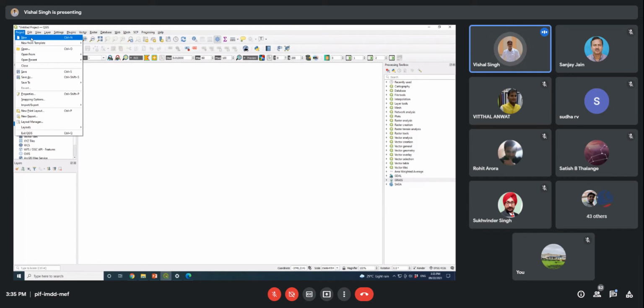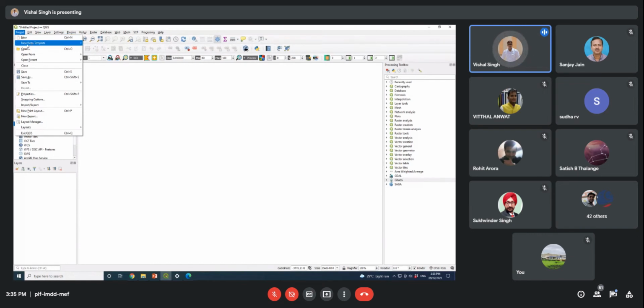Whenever we start working in this QGIS environment, first we need to create a project, and after that we will save the project. Next time when you try to open the existing project that you have already saved, you will be able to open it if you have successfully saved the project.